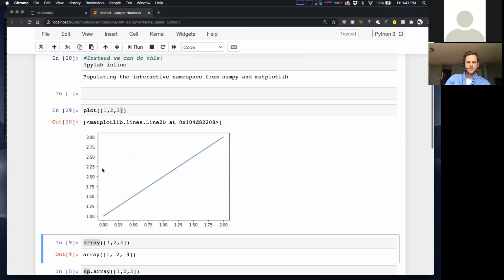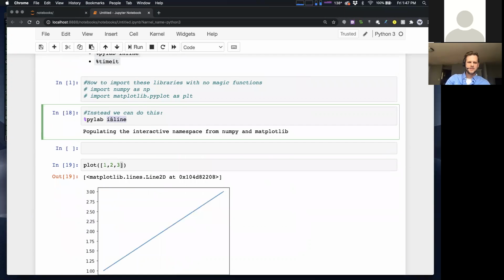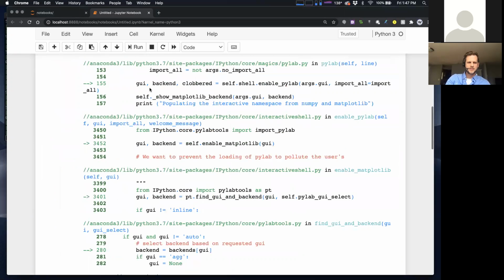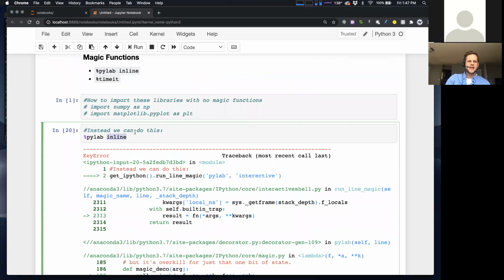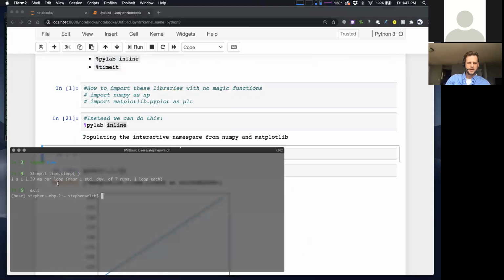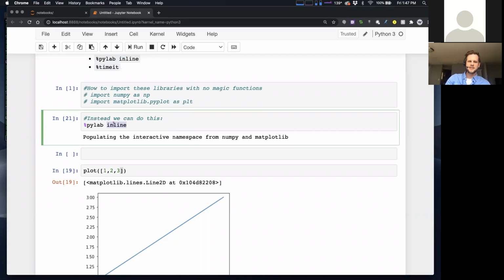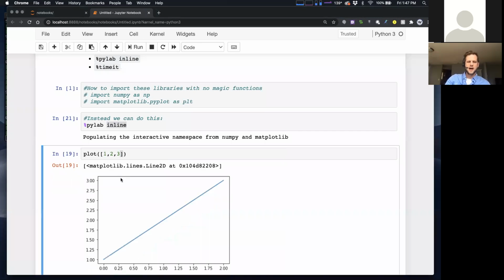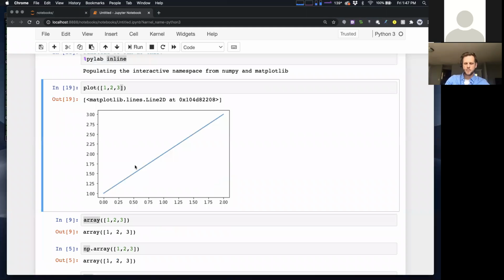And there's a few other options too. I think there's a pylab interactive or something like that. You can Google around for it. I forgot what it's called exactly, but the reason pylab inline didn't work in just a regular IPython session was because inline is just for the Jupyter notebook, and that makes the plots appear in the notebook itself instead of popping them out into your operating system, basically. Okay, great. Hopefully that makes sense.